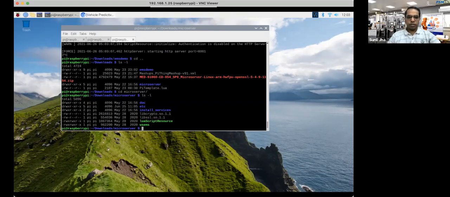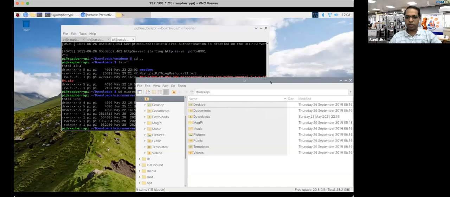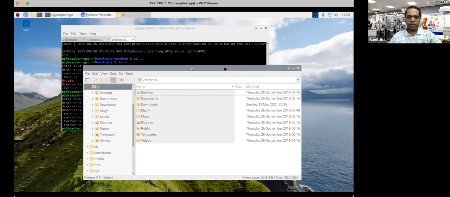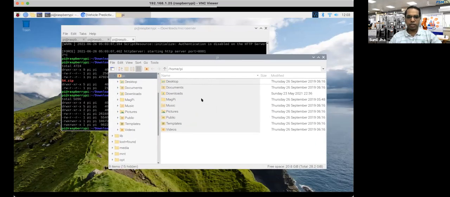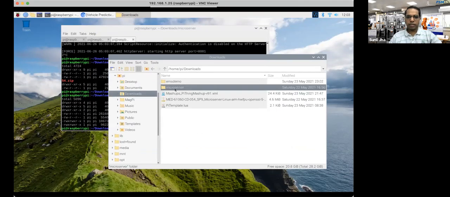Okay. So in this case, once you go to this folder, I will explain how to proceed. These two are the executable files. The rest are the files that we are supposed to configure. There are two configuration files being used here. So if I go to the Edge micro server.